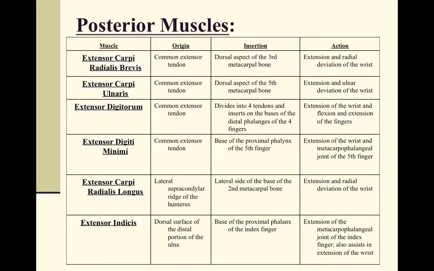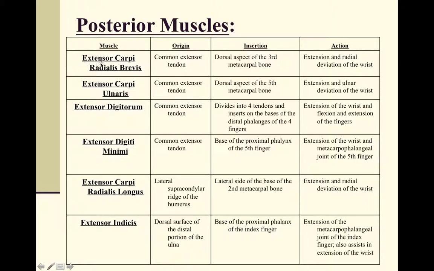Okay, posterior muscles. Long names again. We have now a common extensor tendon. Both the common flexor and common extensor have 4 muscles attaching to them. So we have extensor carpi radialis brevis, extensor carpi ulnaris, extensor digitorum, and extensor digiti minimi. I love that name. Those four all start from the common extensor tendon, and then they go down to create, again, the